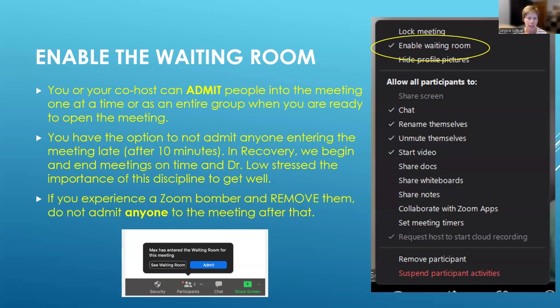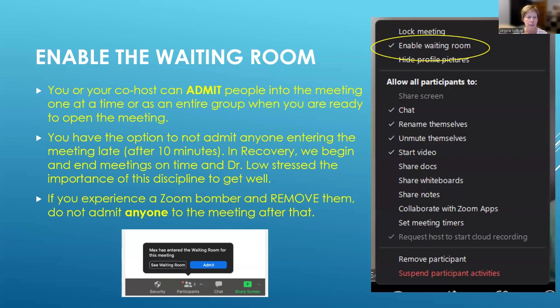You can also lock the meeting. The downside is you don't know who's trying to come in. So locking the meeting just gives participants a message that says the meeting is locked, you can't enter. And if you're the host of that meeting, you might know that a participant runs a little bit late because they're rushing home from work, and you might allow that person in.